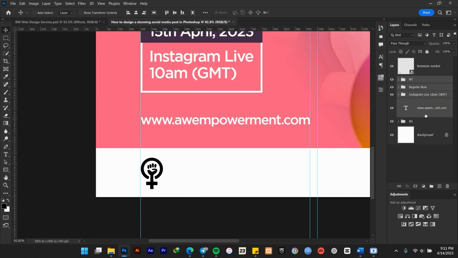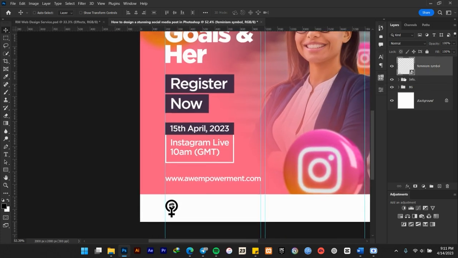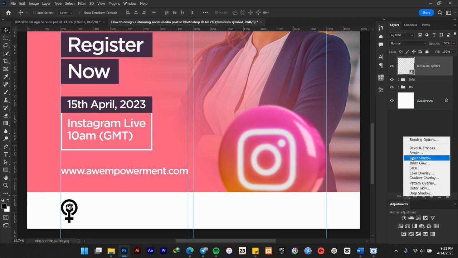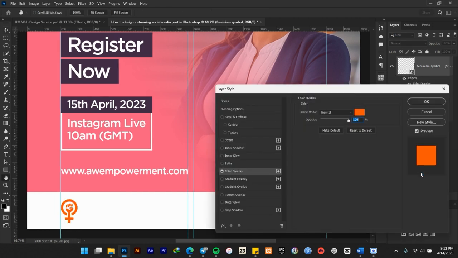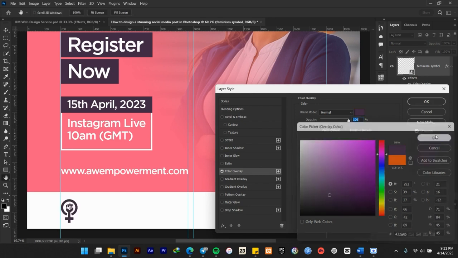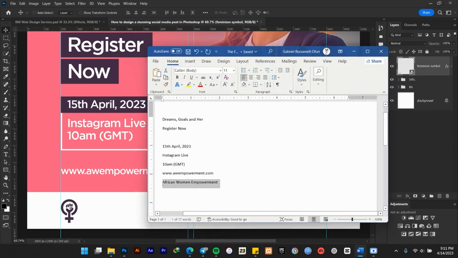Let me group these ones and then name them info. Nice. Now I'll change the color of the logo to something like the color of the rectangles over here. So I'll select the FX, and then select color overlay and change its color to this. Nice. Now let's add the company's name